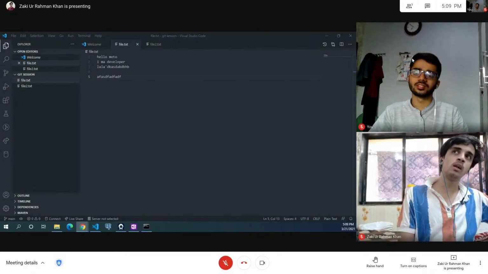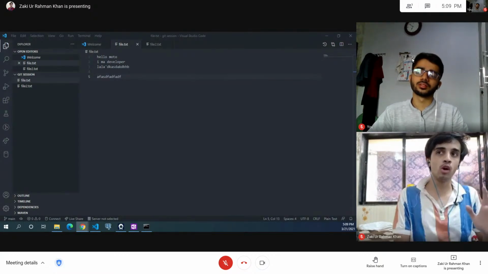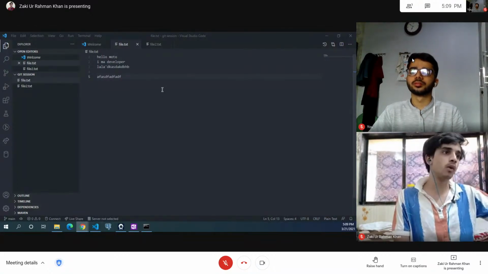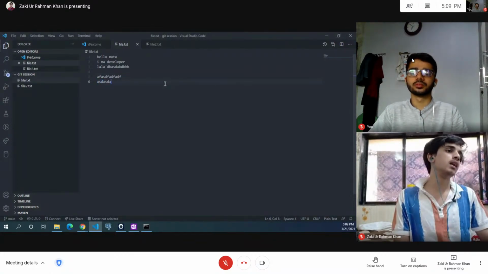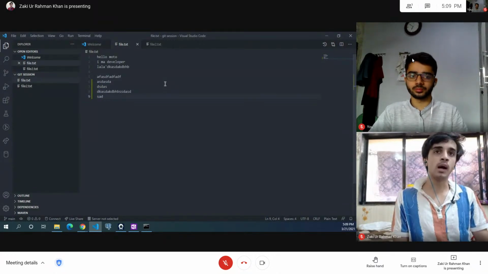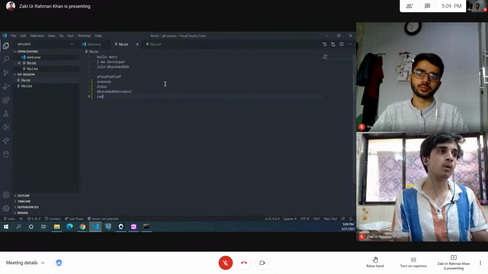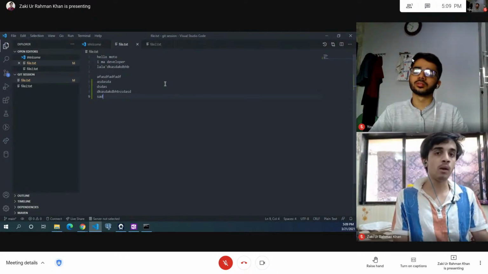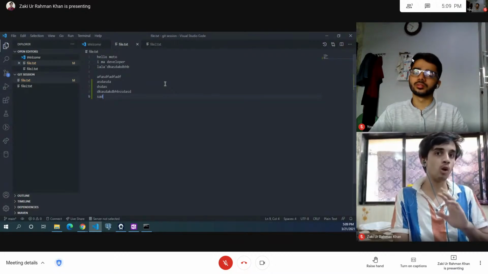Okay, so there is another command called git status. Git status will tell you which files are yet to be committed. For example, if I added something more inside my repository, and then after 3 months I came back and opened this project again, now I don't know which lines of code are not committed yet, so the command is